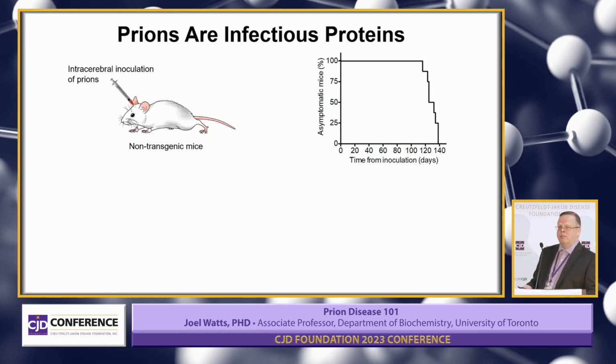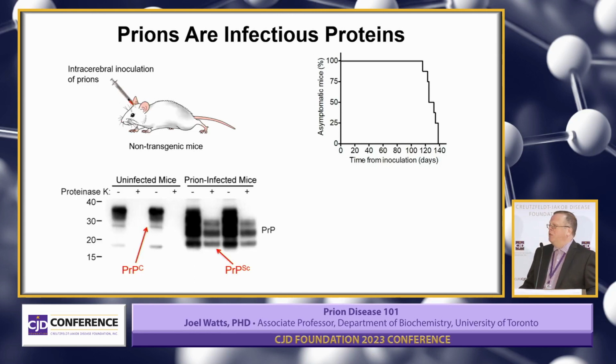So then you wait. This is one of those survival curves that Dr. Appleby talked about. So after a period of about 4 to 5 months, the mice will start to get sick. They'll show signs of neurological impairment, they'll lose weight, their backs will become hunched, their movement will become uncoordinated, and eventually they would die of prion disease. And then if you look at extract from their brain material, and you use an antibody that specifically detects the prion protein, you're going to see lots of things that look like this.